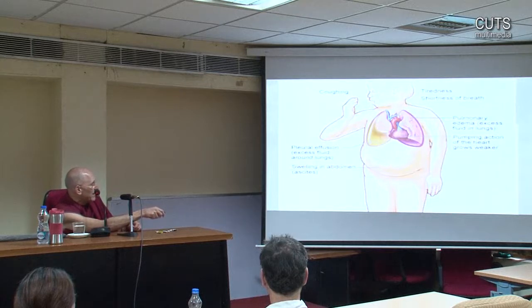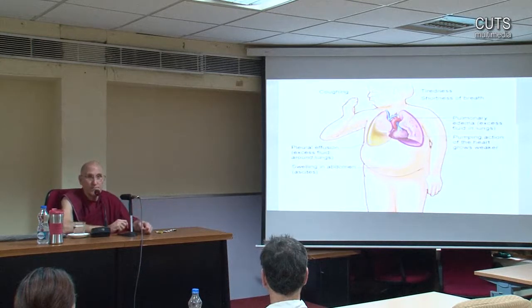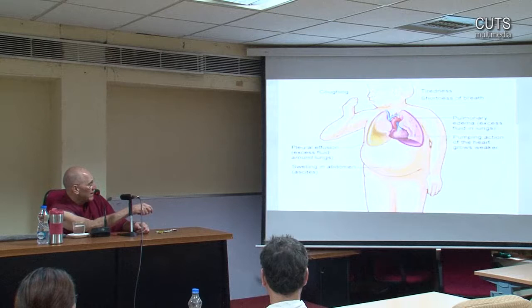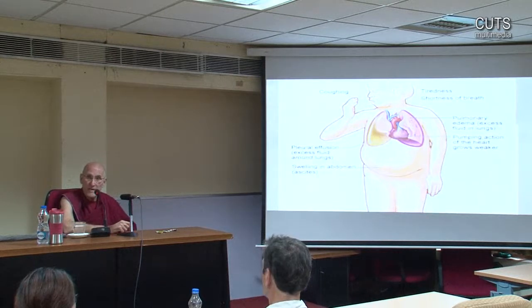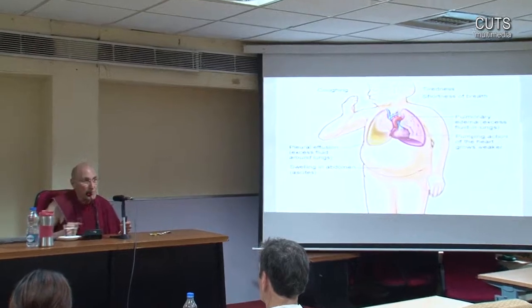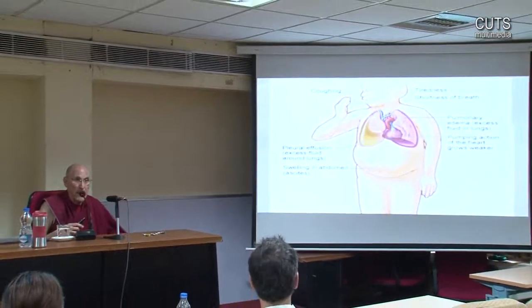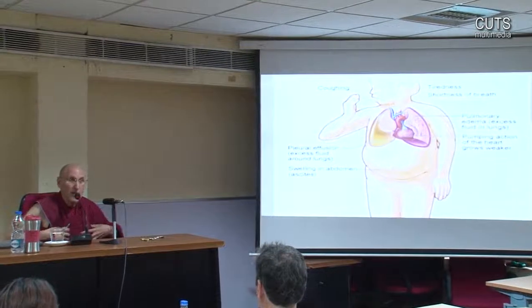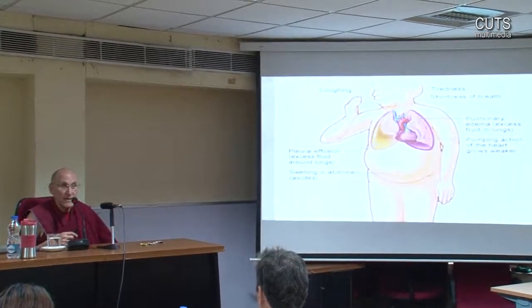Swelling in the abdomen. How would we figure that out? Maybe the patient tells us the abdomen is swollen, but basically on examination, we would examine the patient. So that would be a sign, ascites, swelling in the abdomen. So fluid is collecting everywhere in the body because the heart is not able to pump the blood, so there's a backup of fluid. It backs up everywhere. In the belly, in the lungs, and in a moment we'll see in the legs.